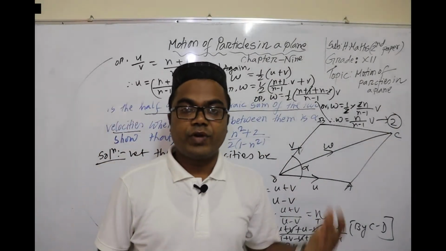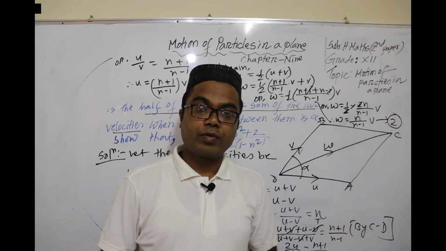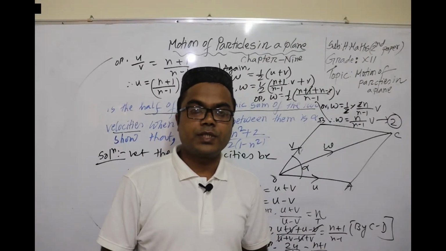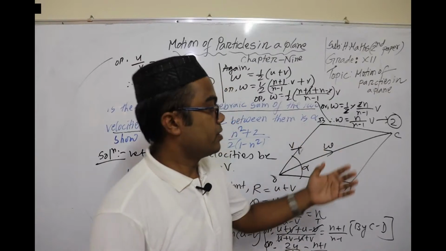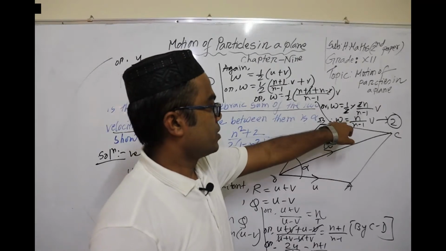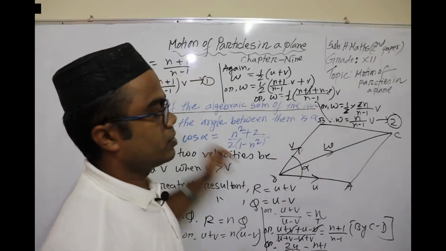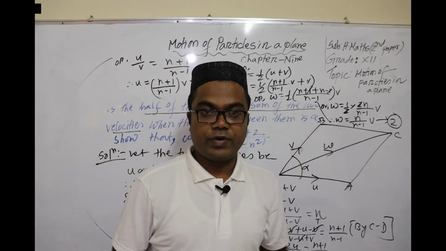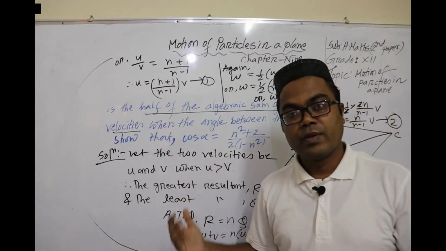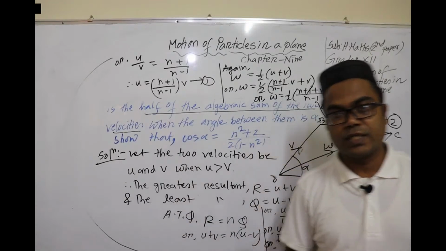Now, you can apply the parallelogram law of two velocities: the resultant is square root of u square plus v square plus 2uv cos alpha. That's the formula you can apply. With w and u, then you get the result of cos alpha. Clear, my dear students? Now you can write from the parallelogram law of velocities, we get